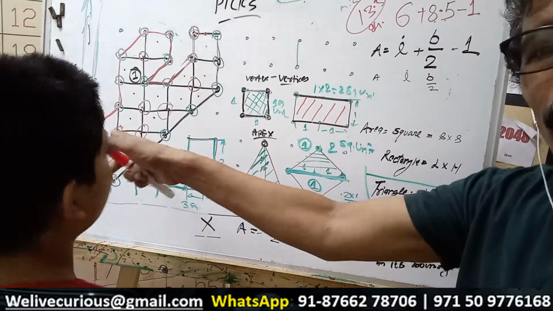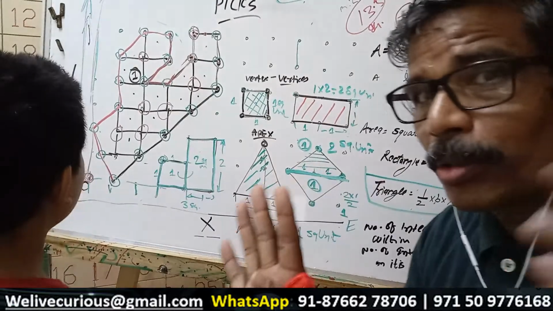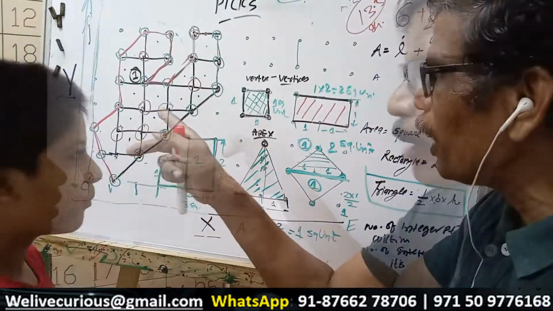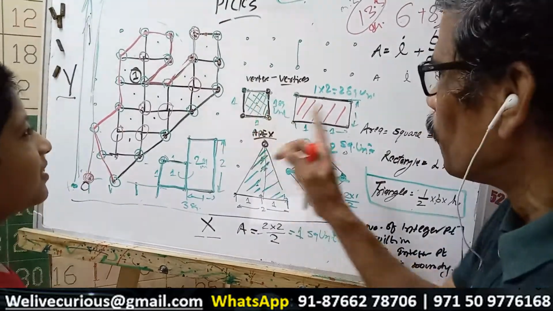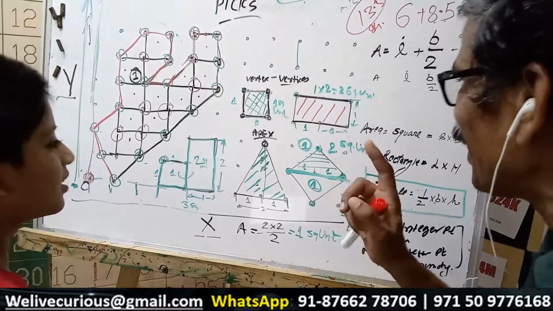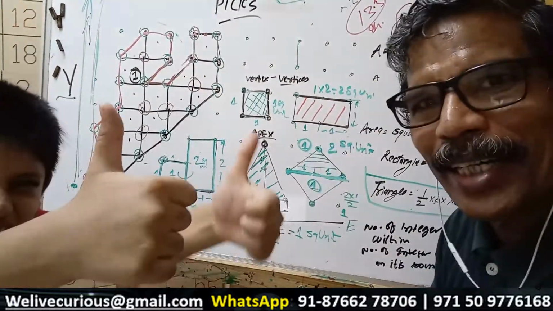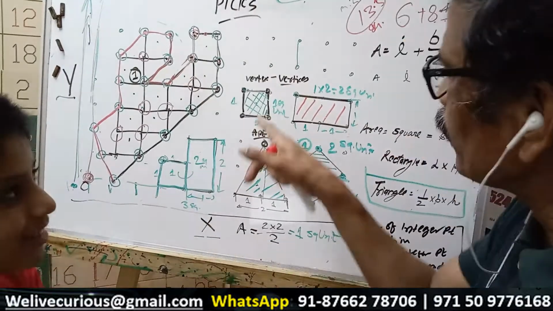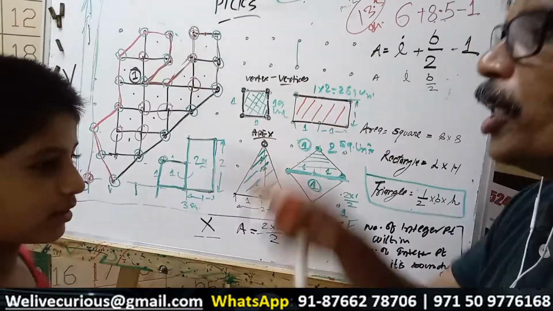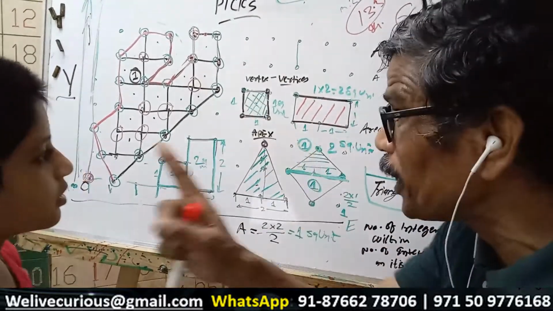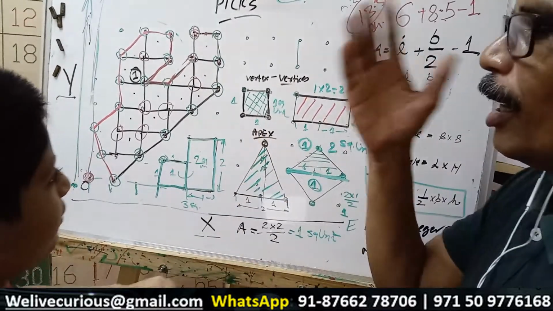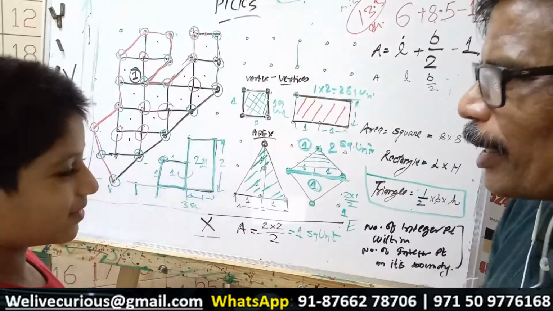13.5 square units. Now, don't start believing it yet. We have a formula here to cross check, here and here. Why don't we cross check it? This is 1 square unit, we know, calculated. So Pick's theorem also should give us 1 square unit. Sure. Will it give 1 square unit? I will count. Hold on, buddy.